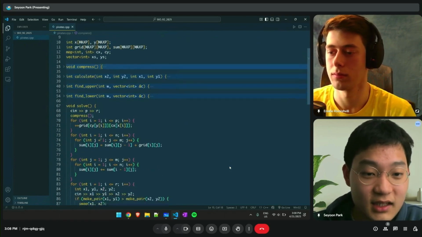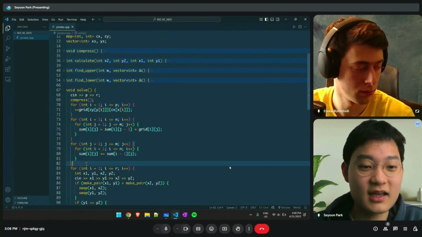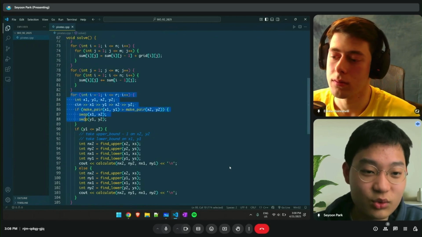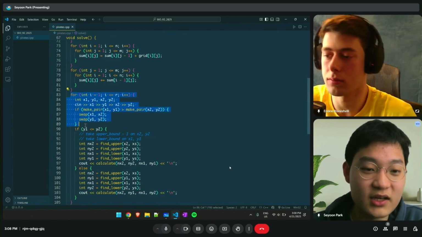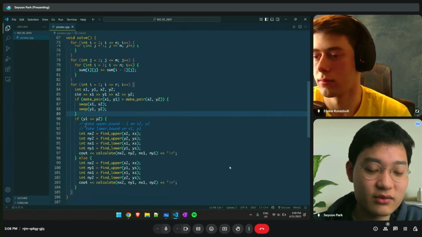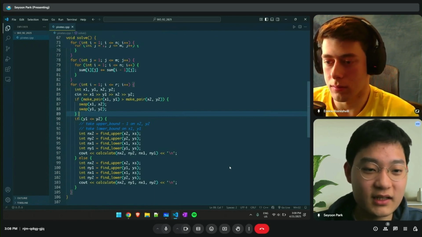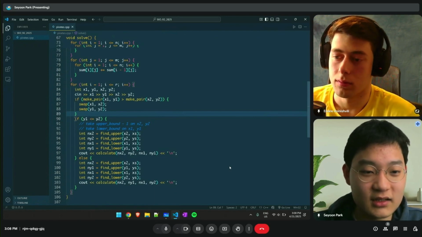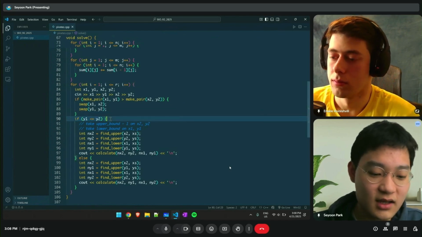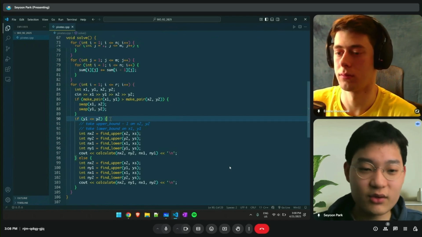After that, I do the prefix sum here. Then in the queries, I take in the coordinates, and because the problem doesn't actually state which corners they give you, I do a little bit of swapping and inequality to make sure x1, y1 is the upper left corner and x2, y2 is the bottom right corner.